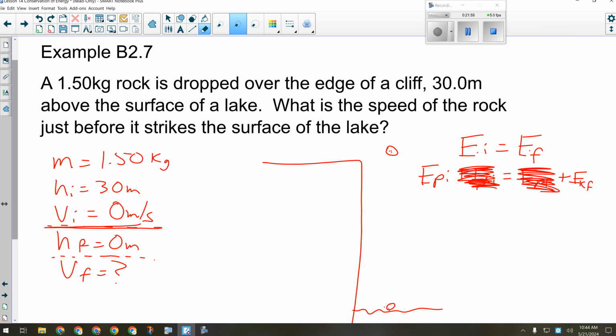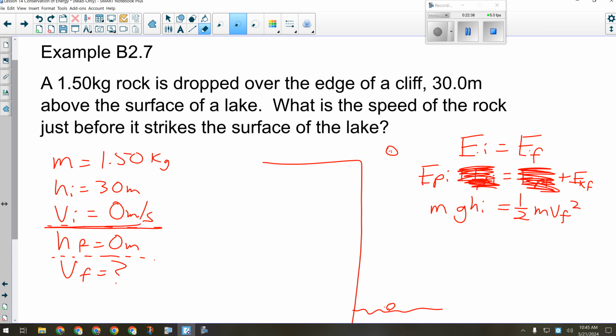All right, so now we've got this set up that the initial potential equals the final kinetic. We're still saying the initial mechanical and the final mechanical are equal. We're just saying that initially it only had potential, and at the end it only had kinetic. Everybody okay with that? They're still equal, so no work is being done. So m times g times h initial equals 1/2 m v final squared. I've written the same thing 3 times now: the initial energy equals the final energy, just written in 3 different ways.